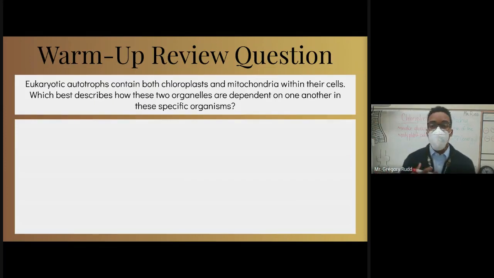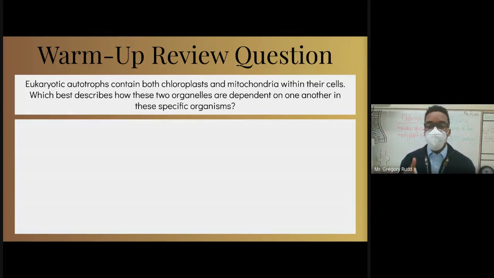We make our own food. We don't need to make our own. I'm sorry. We find food. We don't need to make our own food. All right. Plants don't have the ability to go out and eat other things, so they have to make their own food, which is in this case glucose. That's what Rudy told us about.